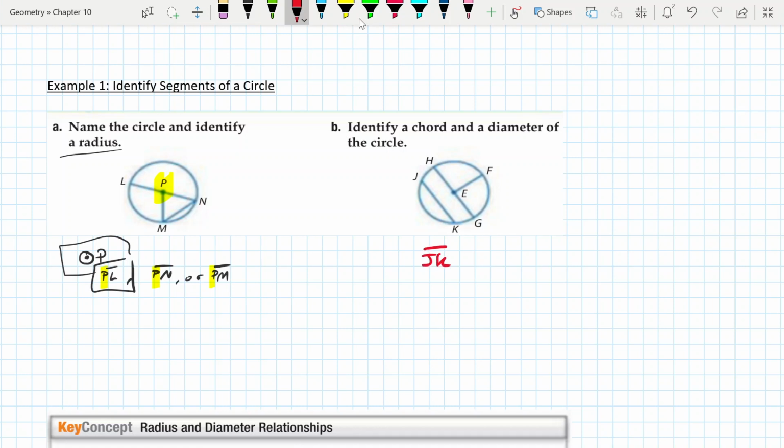But JK line segment, that could be a chord. HG, that could be a chord. Both of those things connect 2 points on the circle. I keep saying edge to edge, but really it's any 2 points on the circle getting connected. Both of those are chords. If you notice here, HG also goes through the center. So that would be a diameter, and JK would be